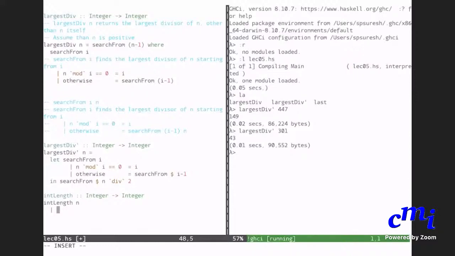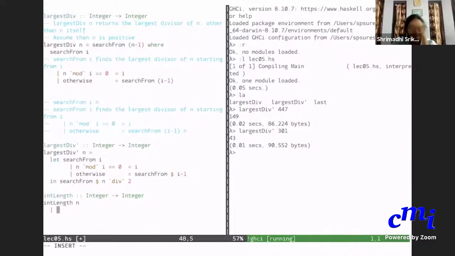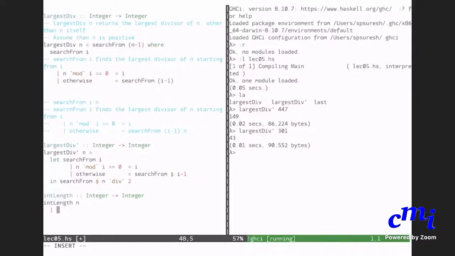Rather than subtracting 10, 100, etc., we'll do it a little more systematically. We'll divide by 10. Here is another way. You have a number 754, divide by 10, you will get 75. Then divide by 10 again, you will get 7. At this point, it is less than 10, so its length is 1, and then you have to go back and add.